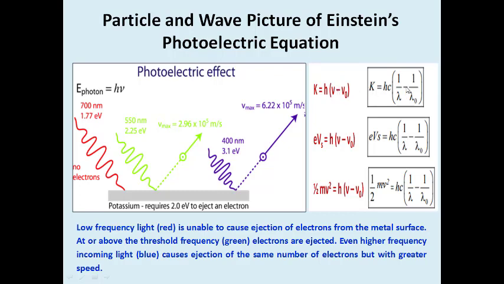So the same case: on the left side, all three equations represent the particle nature or particle activity of the photon, whereas the right side has h, c the velocity of light in wave form, and lambda the wavelength. So the right side represents the wave nature of the photon. So this is the exact particle and wave picture of the photoelectric equation.